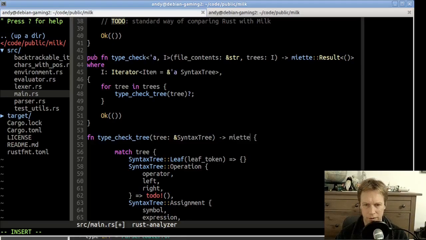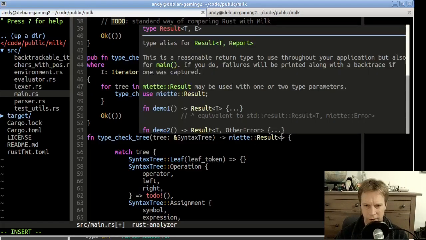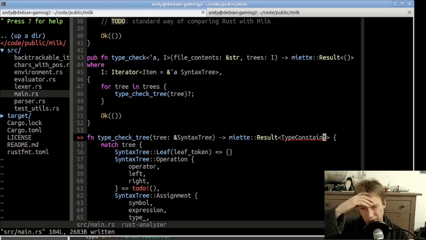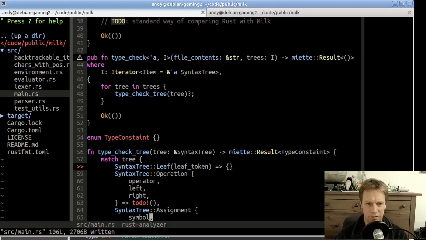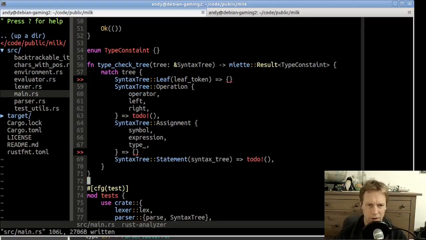Result. And the result here is going to have some kind of thing in it, which I think we're going to call a type constraint. And then somehow we've got to find a way of asking whether our type constraints are compatible with each other. So this is all very exciting. So is this coming together, or is this going to turn out to not work at all? We'll find out soon enough. So there's going to be a thing called a type constraint, which we're going to return from our type checker,